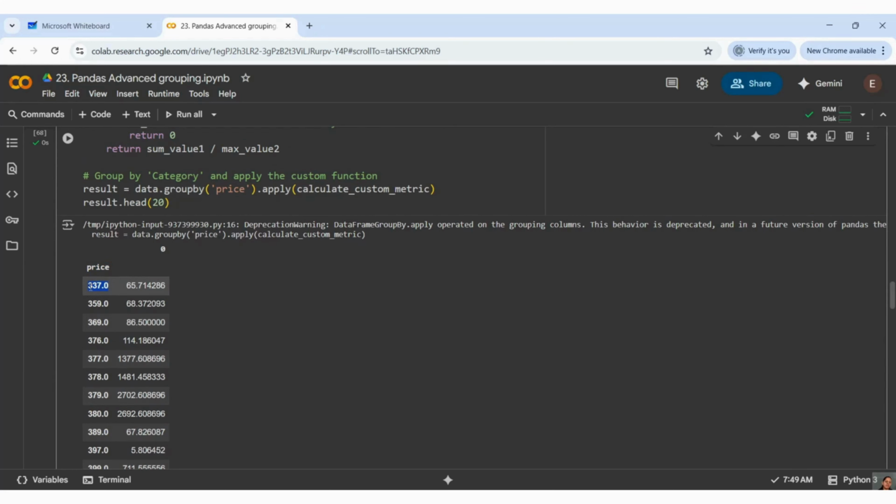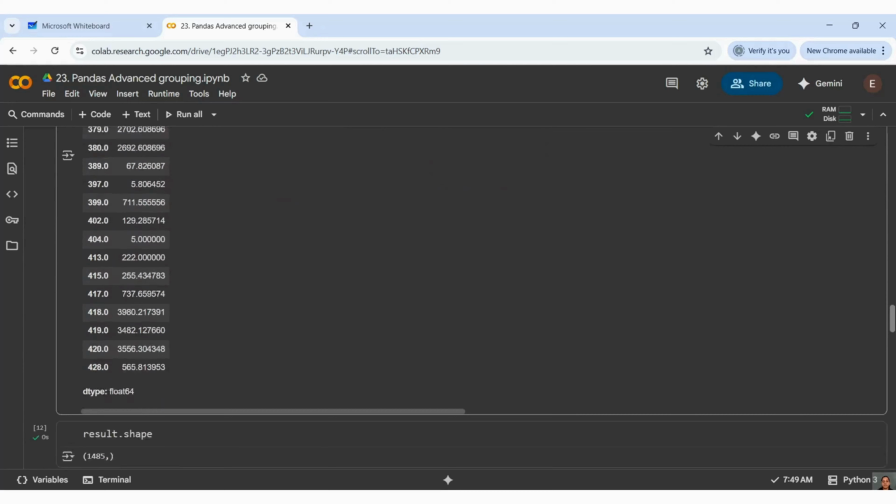Each category, like I have 337 as a price, and for that 337, how many ratings people have given to that particular brand. It is taking the sum of those number of ratings and dividing by the max of the rating related to this particular brand and price, and it is giving me that output, right?